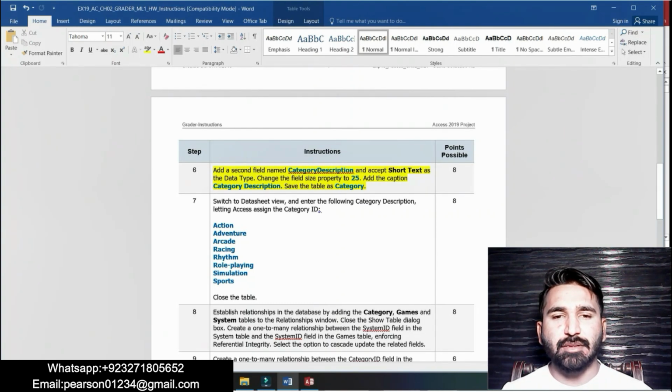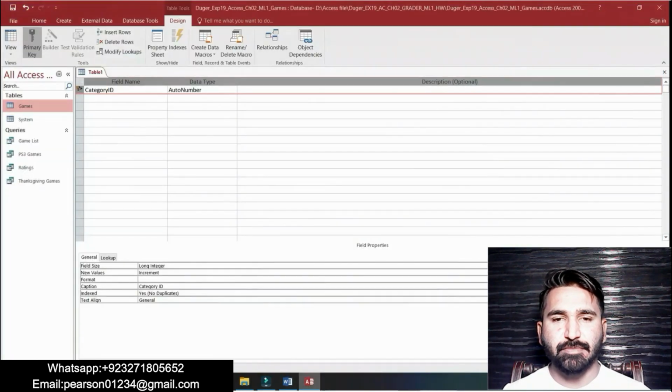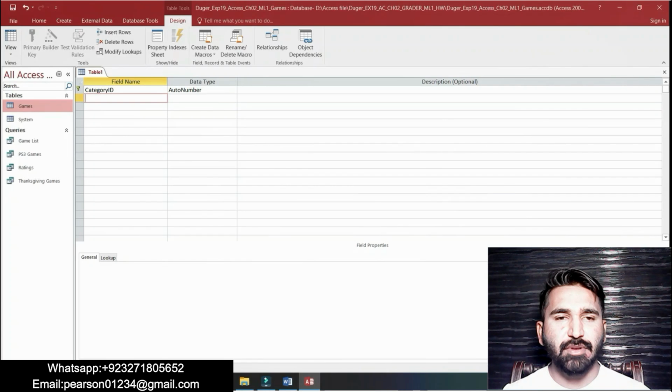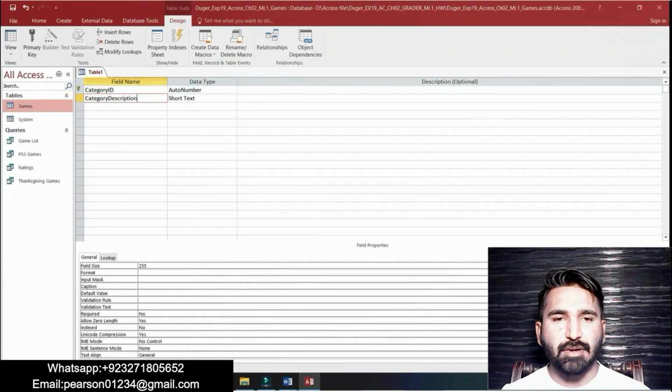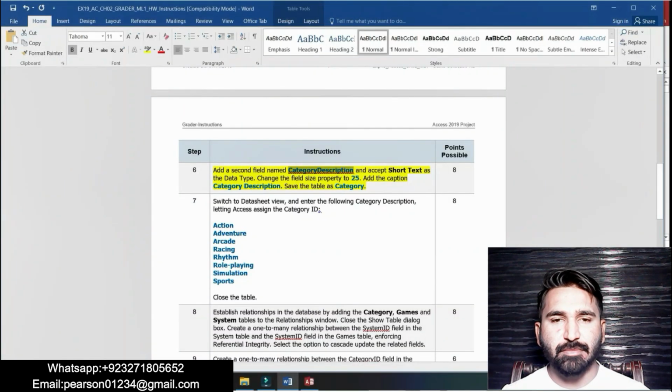Basically, in this step we have to add a second field named category description, with short text as the data type.